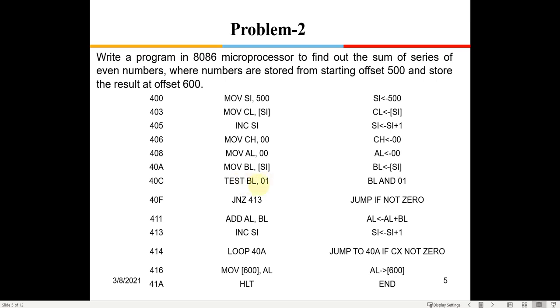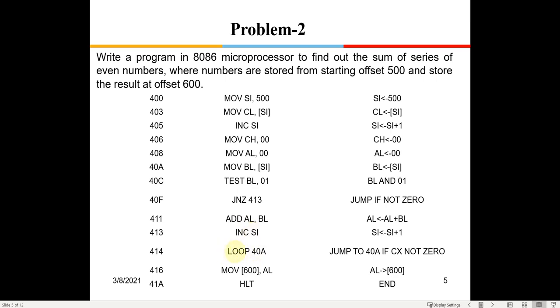So the net result will be 0 in case the least significant bit is 0, and the net result will be 1 if the least significant bit is 1. So if we use a jump not 0 instruction, not 0 means the result is 1, that means it is an odd number. So you jump to 413, which is increase SI, and then loop operation.